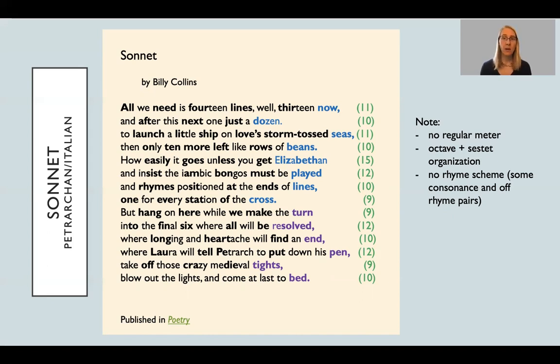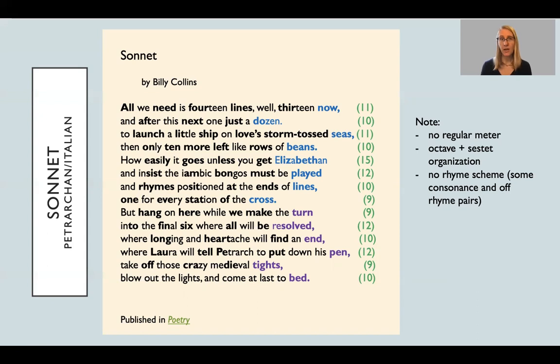We do have some sounds. You might think of them as assonance, consonance, off rhyme, slant rhyme, where the sounds are kind of similar but not exactly true. We have some stuff happening like the n sound. We also have some assonance with the E's, beans, Elizabethan, right? We have that E sound. We have end and bed, which are not true rhymes, E's and beans. So there's a little bit happening here, but he's specifically not created an ABAB or ABBA scheme.